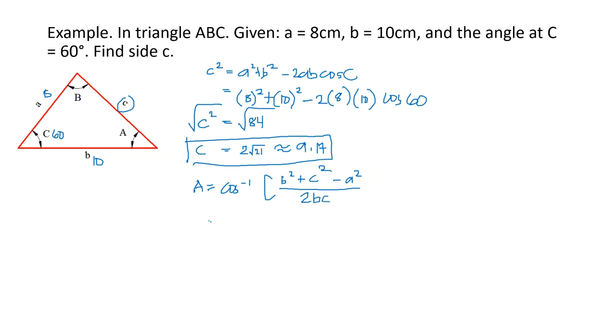So we have arc cos of B, which is 10, squared, plus our C, which is 9.17, squared, minus 8 squared, over 2 times 10 times 9.17. Calculating this,